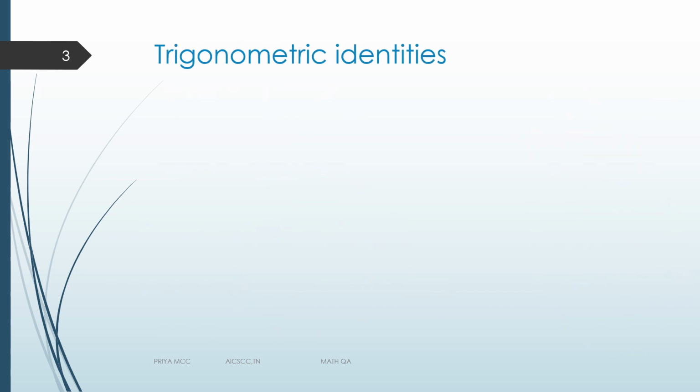Right? Now let us look at some of the identities. What is the meaning of identities? Something which is true, some equation which is true. The left hand side and right hand side are equal. What are the three identities? This very famous trigonometric identity is sin square theta plus cosine square theta is equal to 1. What is this actually? What's my sin theta? Sin theta is opposite by hypotenuse.